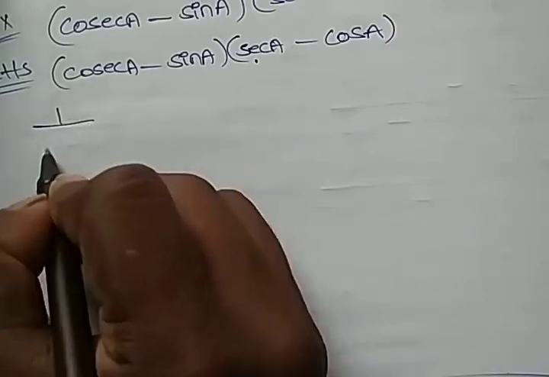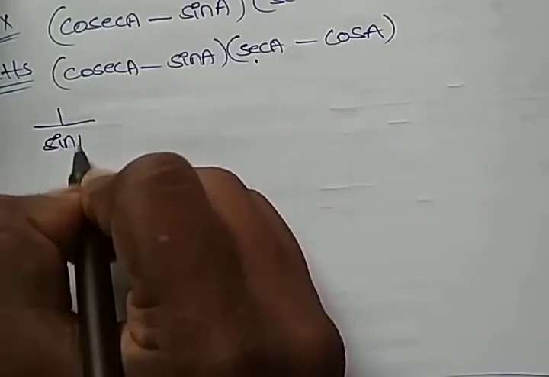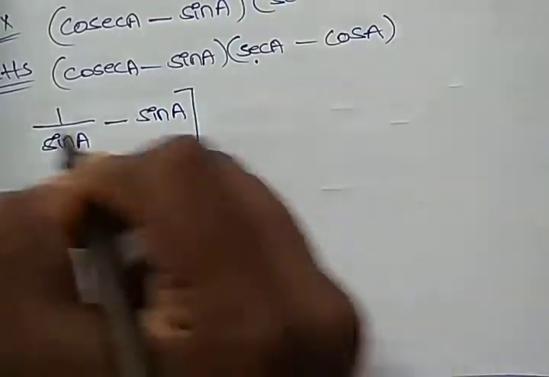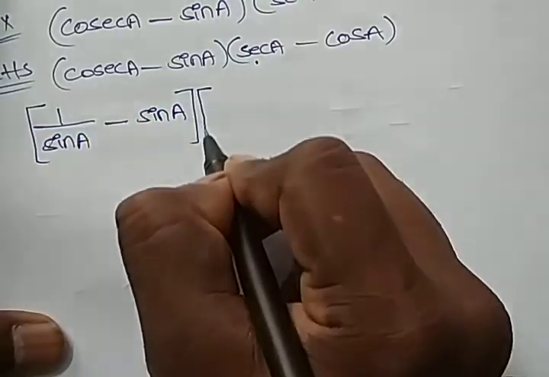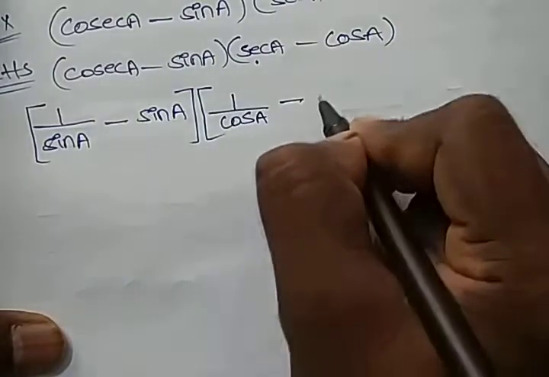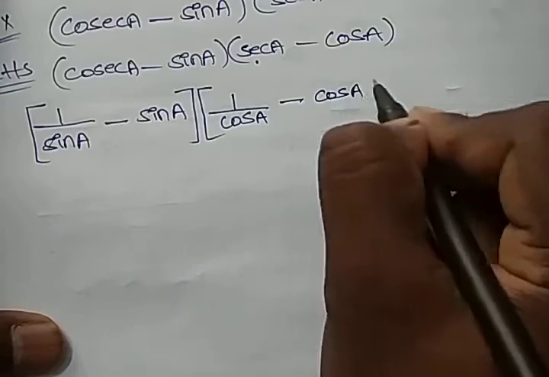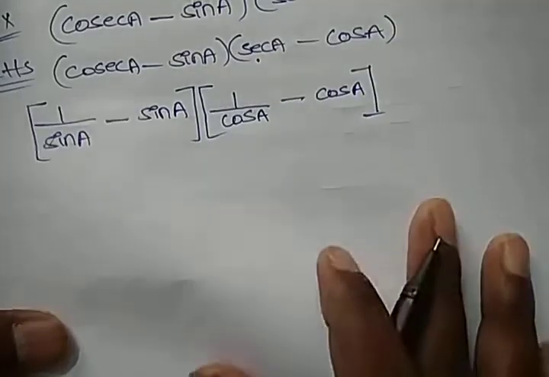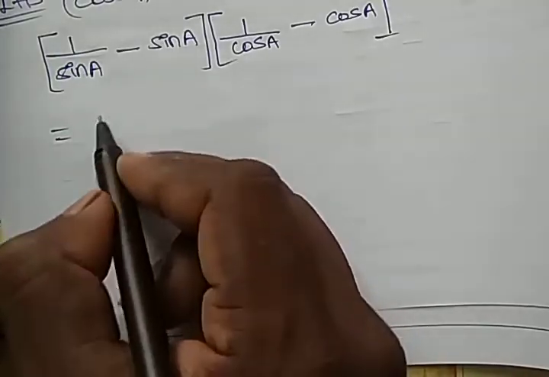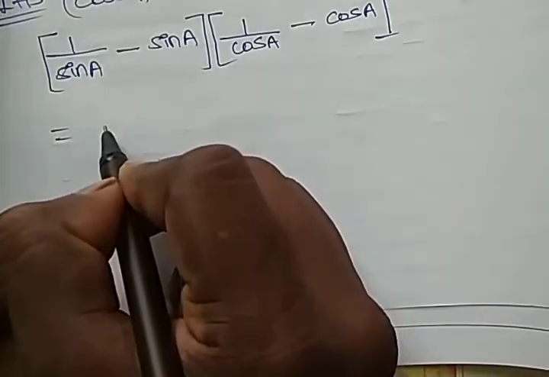So I'll write it as 1 by sin a minus sin a, then secant is 1 by cos a minus cos a, which is equal to